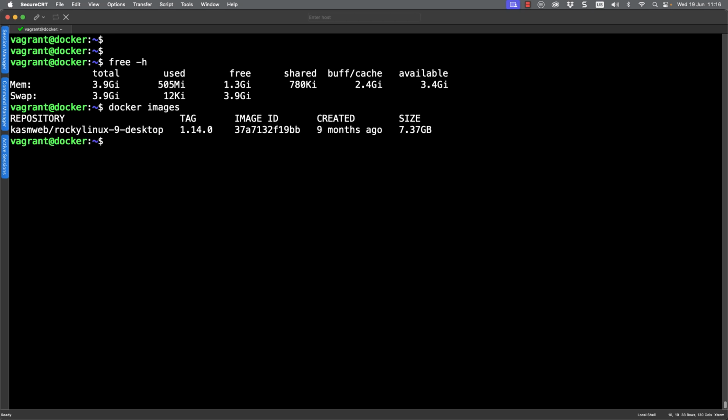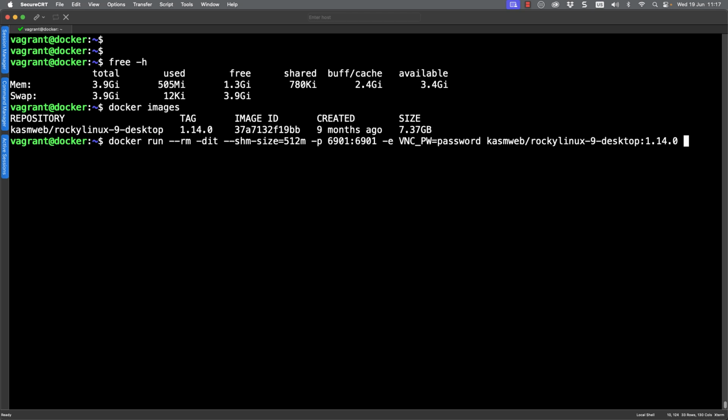When I take a look at Docker images, I've already downloaded an image, and you'll see why when you look at the size, 7.5 gigabytes, and you really don't want to watch that coming down, do you? But it's being created by the people at the Kasm web team, and they make their own version of VNC and have developed these streaming images. And we're going to be taking a look at using Rocky Linux 9 desktop inside of Docker.